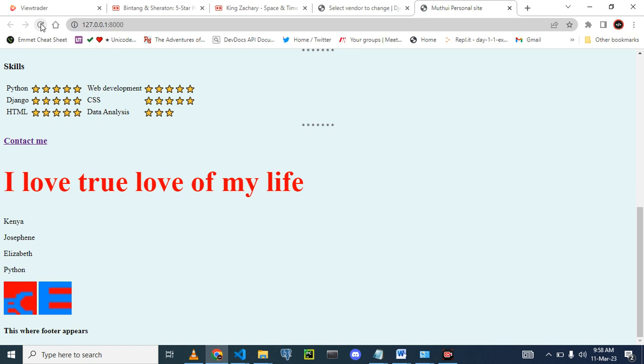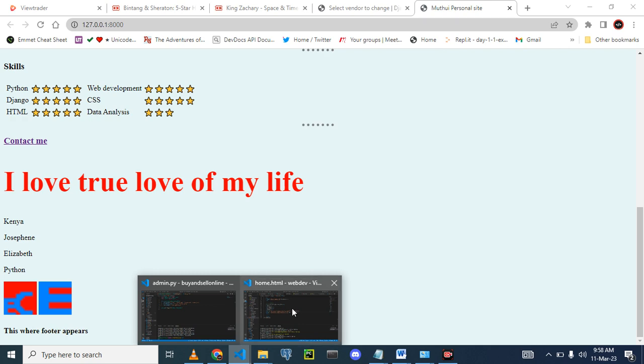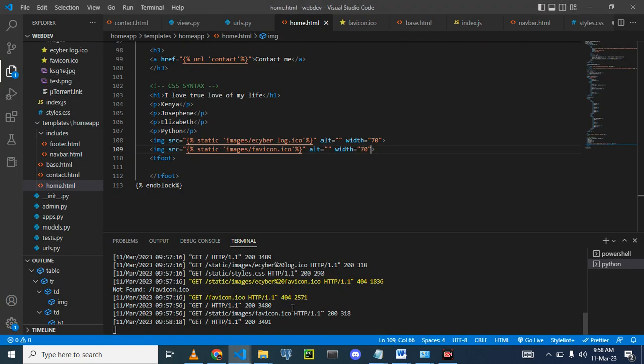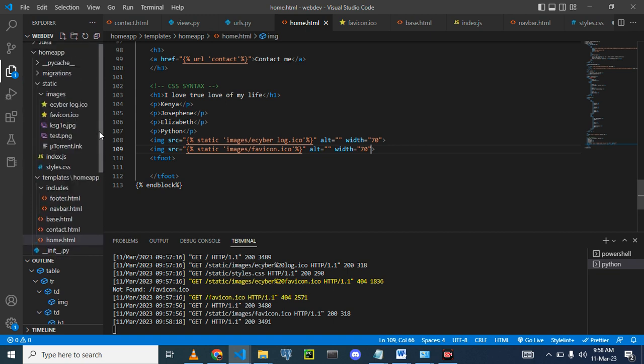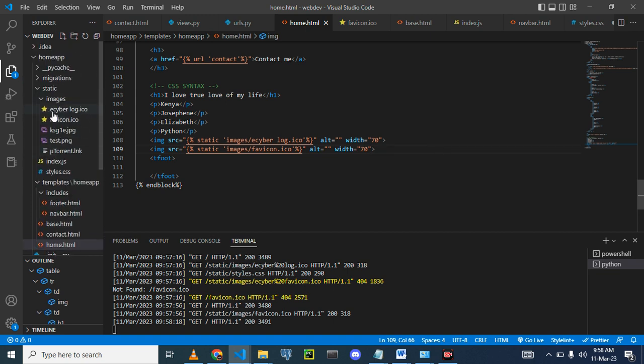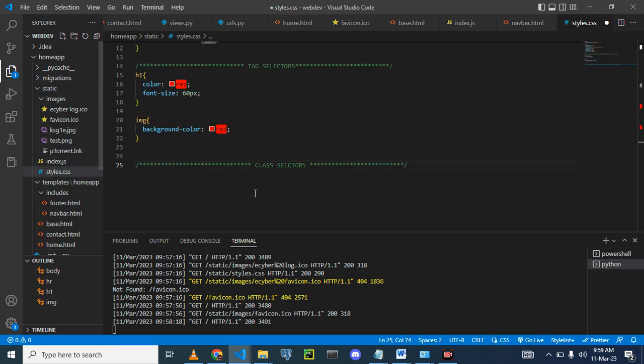So you can see the background is now red. I want this background to be different. I want this background to be white and this background to be green. So how do we achieve that? That can be achieved by using the class selectors. So here we go to CSS,